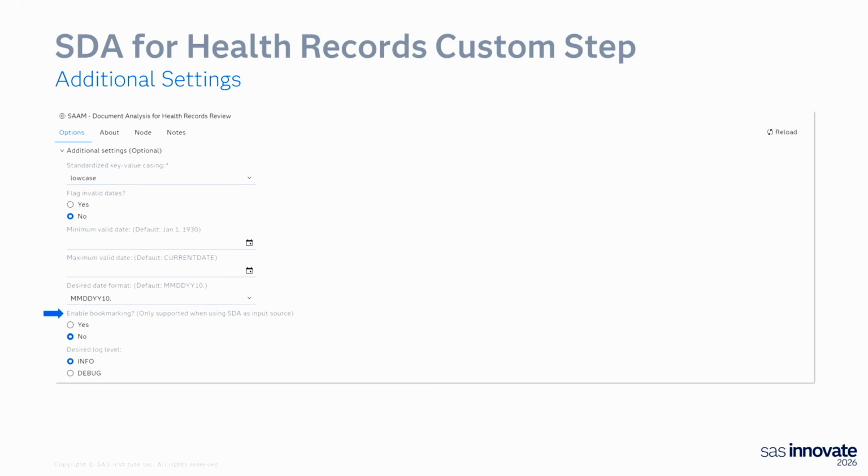and then the last couple of things are, do you want to have the output bookmarked? This is the advantage of using the output from the upstream SDA OCR process. If we have that as an input, then we can rebuild a PDF of the medical record, and we augment that with some enhancements, and I'll show you those in a moment. And then the final thing is to choose your logging output.